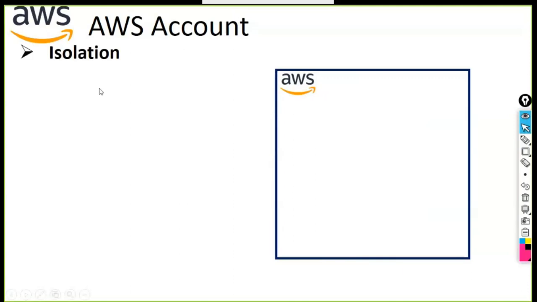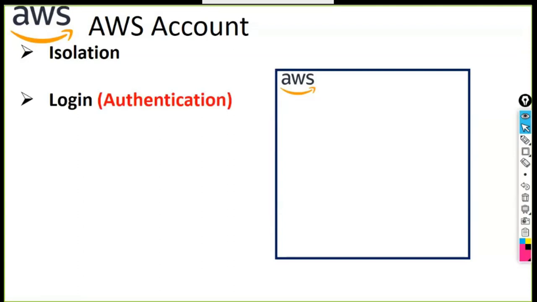The account has to be isolated completely. You cannot share your AWS account details with someone else, and you should not, because we cannot play around with this AWS cloud platform, because it will lead to cost. It will lead to cost. Even though we are on the free tier, if we create an account on top of the free tier, we have a challenge. I'll tell you what those challenges are shortly.